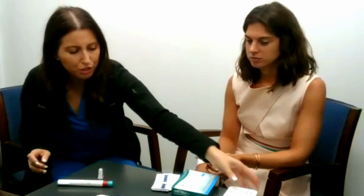I'm excited. What medications will we be going over today, Eliza? So today we're going to be doing our Gonal-F pen. We're going to be doing our Menopur, which are the powders that we're going to mix, and then Cetrotide. So these are not all the potential medications you could use in a cycle, but these are 3 of the